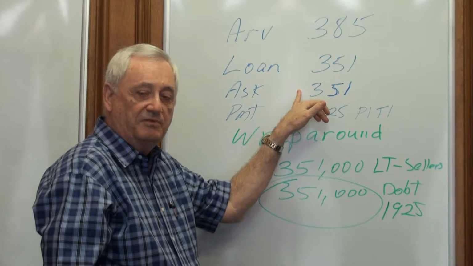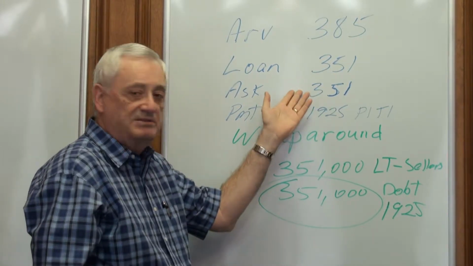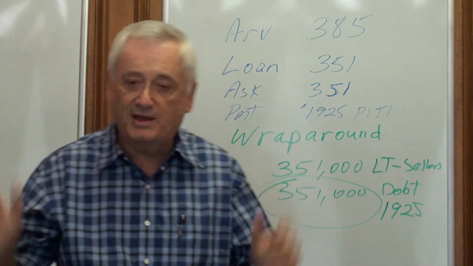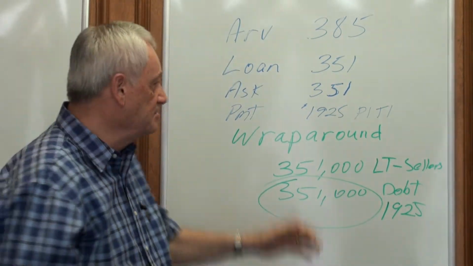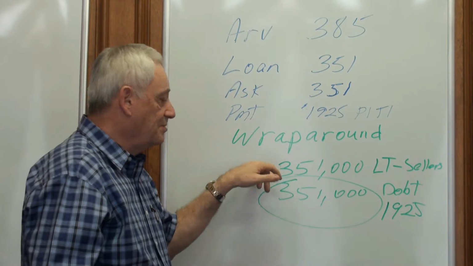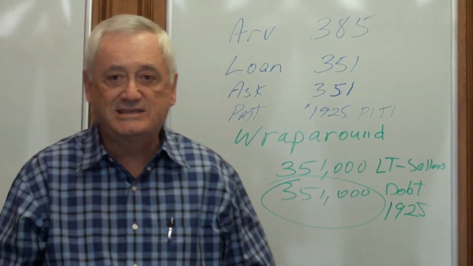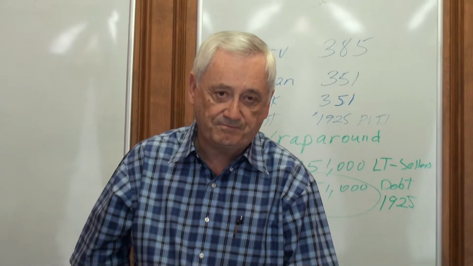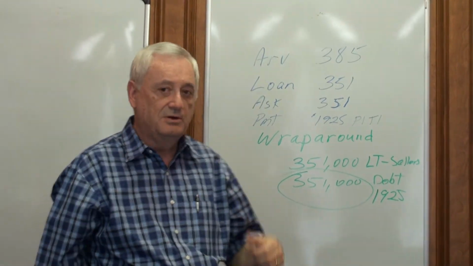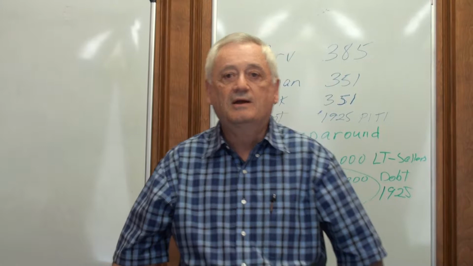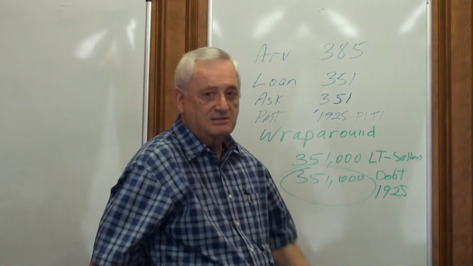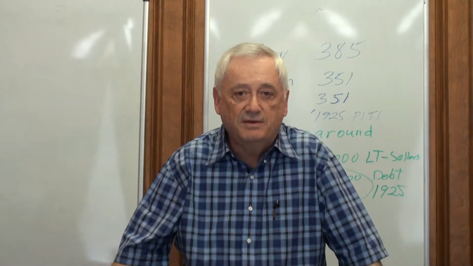Now, many times if the seller doesn't care, the seller's credit's already screwed up, and they don't care, I don't care. I'll just as soon go ahead and take it subject to. But this is the way I did this one. So I hope that makes sense to you, and I hope you remember that lesson when you get an opportunity out there to either take it subject to or buy it on some kind of a wrap. Again, more discussion will have to be on what kind of device you're going to use here, and that's going to depend mostly on what state you live in.